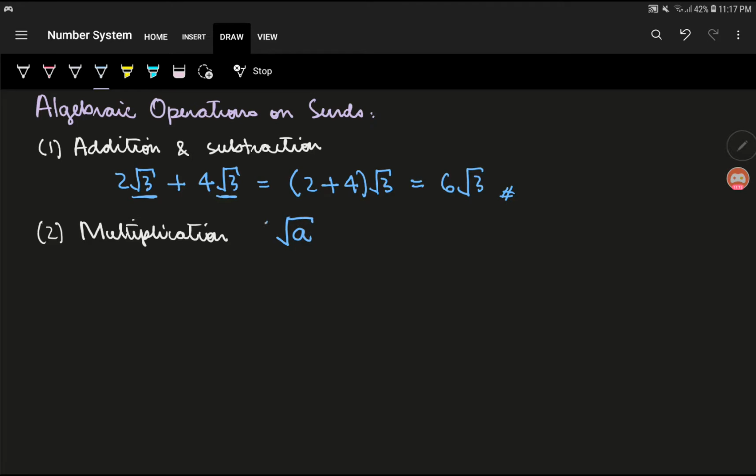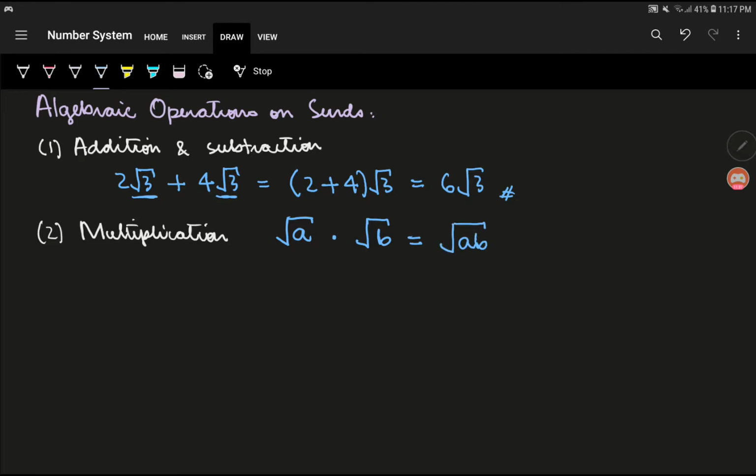I think for example I use square root first. So surd A multiply surd B, it's supposed to be multiplication. Okay, so surd A multiply surd B is